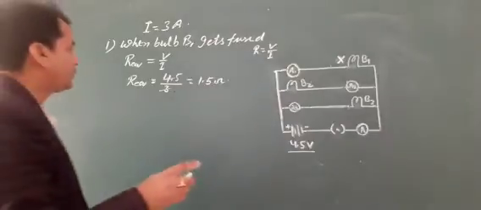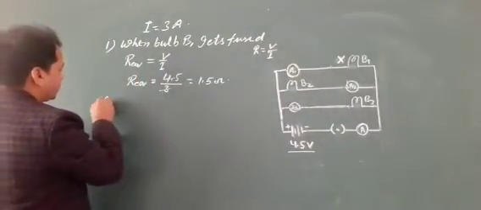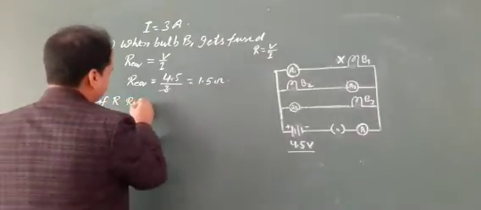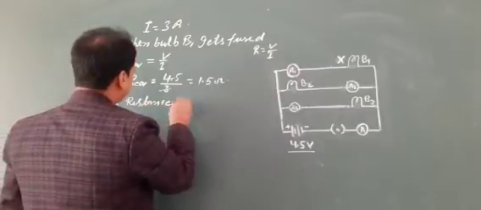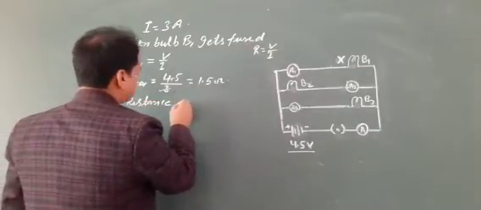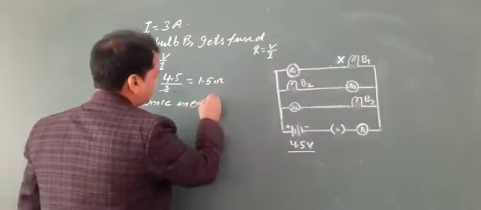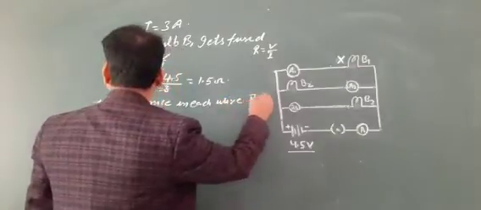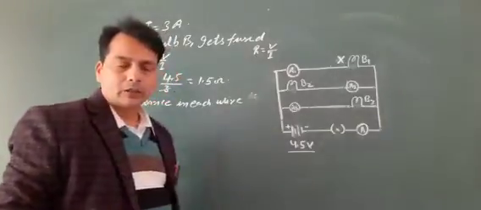Let the resistance of each bulb be R. Then the equivalent resistance